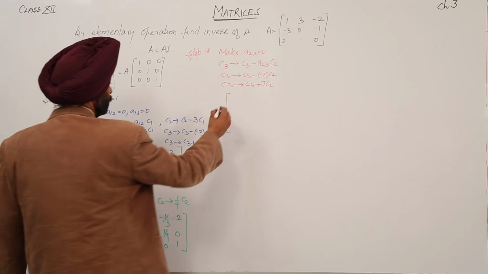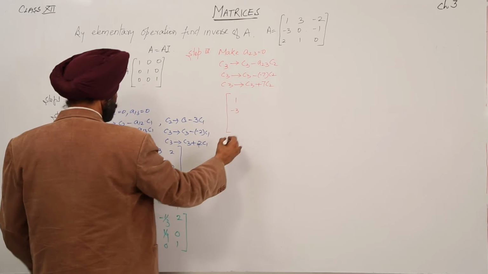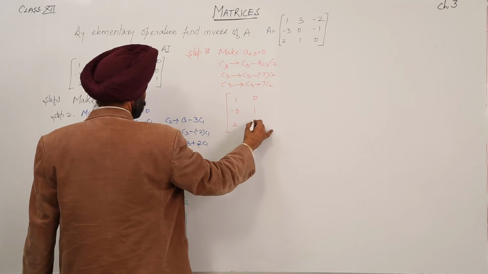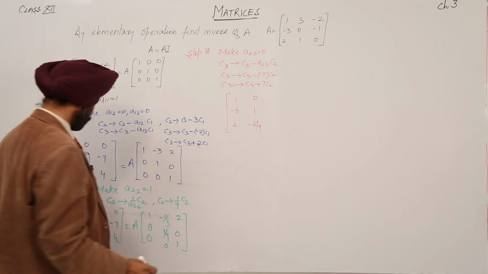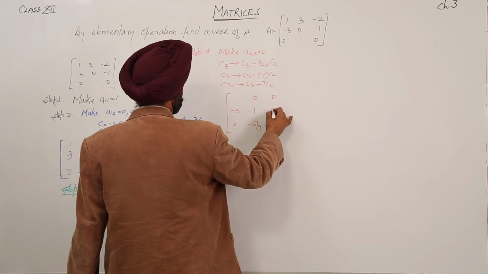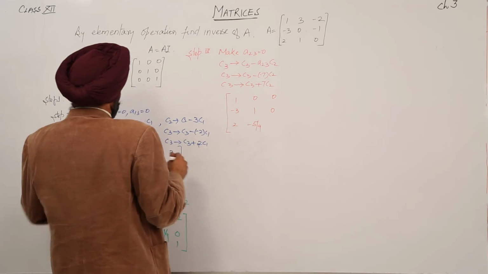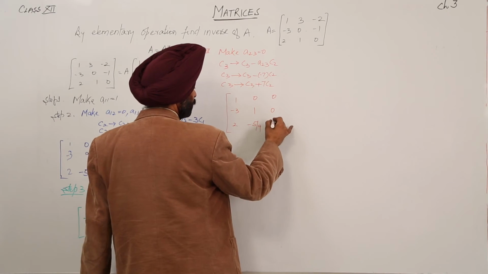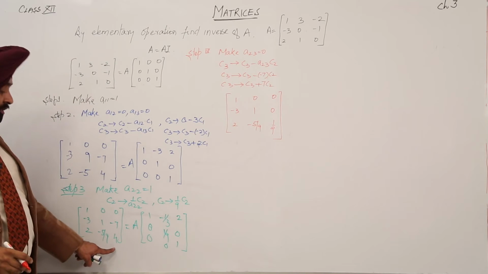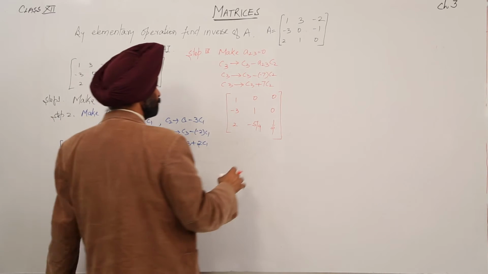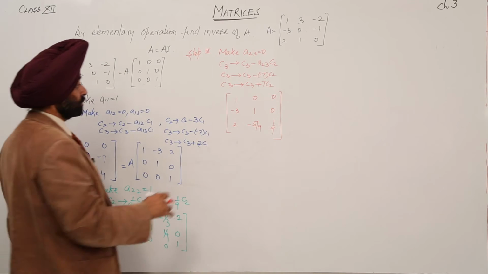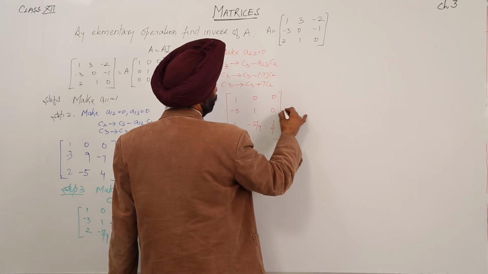So we are having 1 minus 3 2, 0 1 minus 5 by 9, this one. Now we are going to change this one. It becomes 0, 0 and 1 by 9. When we are solving this part, we are getting 0, 0. We are having this one minus 7 and 4 and 0, 0, 1 by 9. Now this is equal to A.